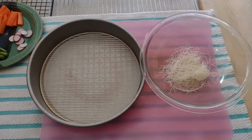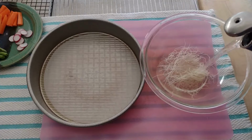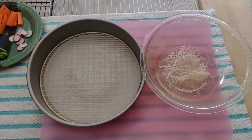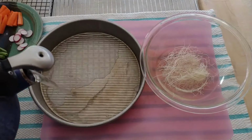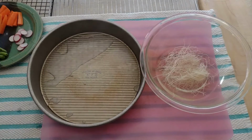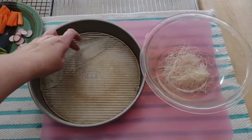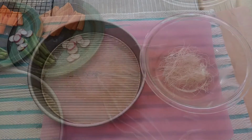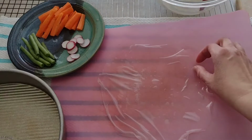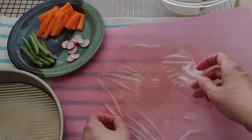Next, what we want to do is to add some hot, almost boiling water to both the rice noodles and to the rice paper roll wrappers, because this is what's going to soften them up for us to be able to work with them. Those will need to sit for a few minutes and get fully softened up, and then we'll be back. All right, now that we've got our spring roll wrapper softened up, I've spread it out onto